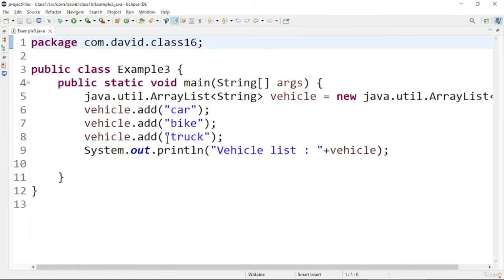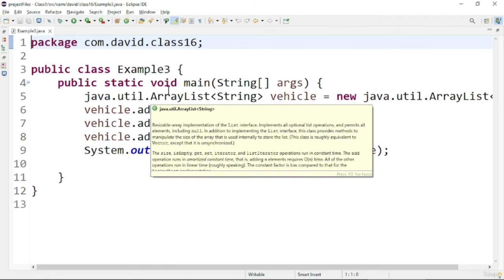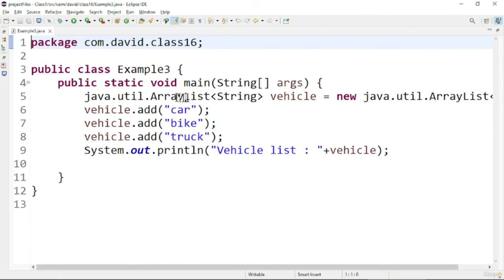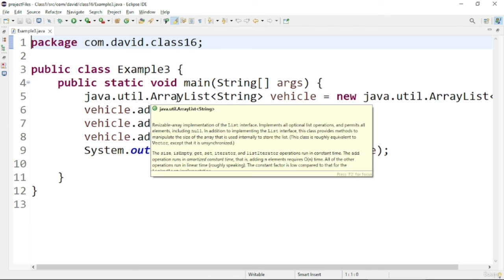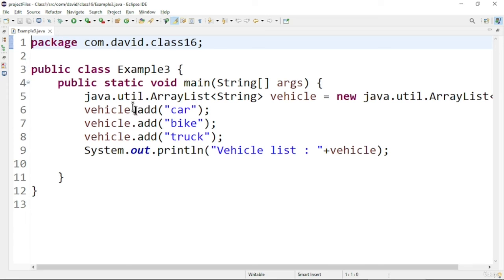Now let us discuss a program using the fully qualified class name. Here I am using ArrayList with the fully qualified class name, java.util.ArrayList. Util is a package in which ArrayList is a class. After creating the object, I am adding three values into it. ArrayList is a very useful data structure. We will discuss ArrayList when we reach the collections lesson. For now, think of it as a data structure which holds some values.